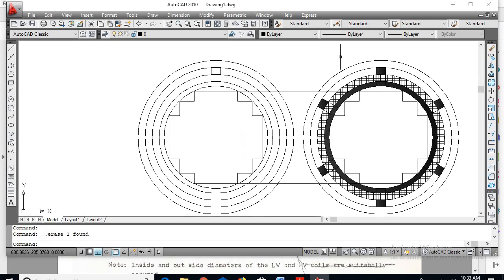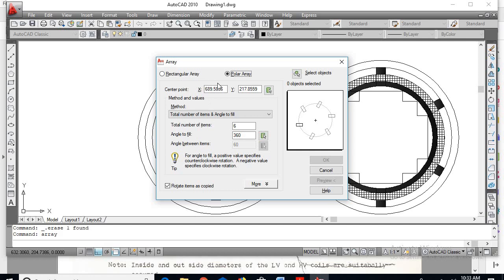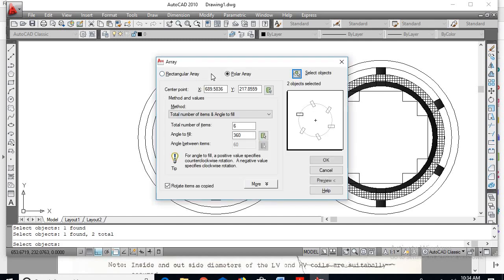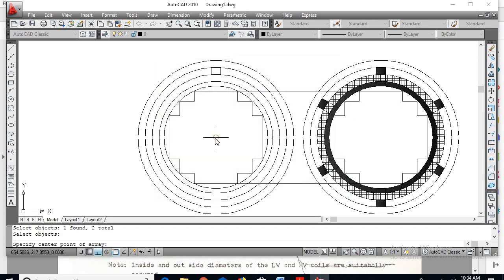So how many ducts? 6 ducts are there. Go for array, enter, polar array, go for total number of items is 6, go for select the object. So select this object, enter, select the pick center point, so okay.